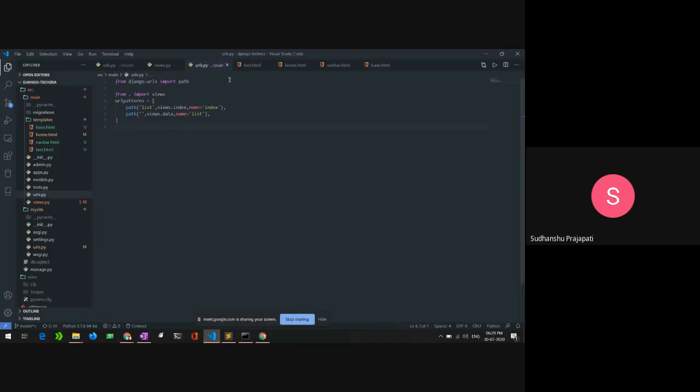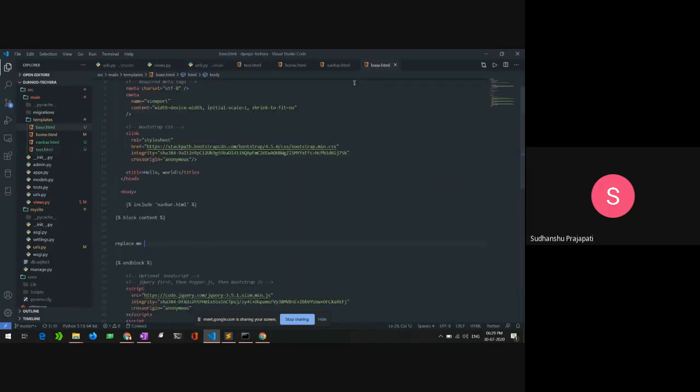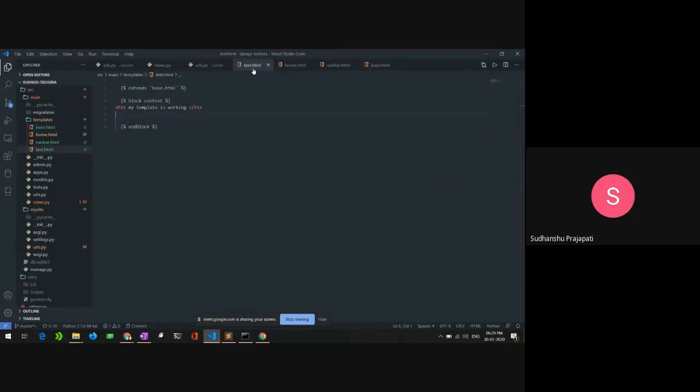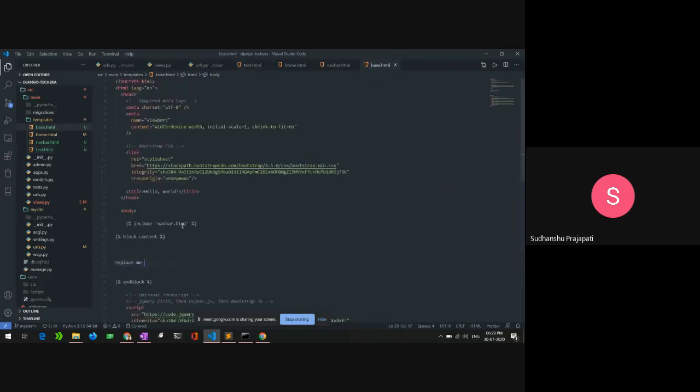But what is actually happening here is that if you use include, it just copies that part of code inside your template, or whatever HTML file you are trying to work with. But in case you want to replace some content inside that HTML file from another HTML file, you need to inherit like this, extends base.html, and you need to specify which part of the content you want to replace. In your base.html, you also have to give the place where it should replace the content.